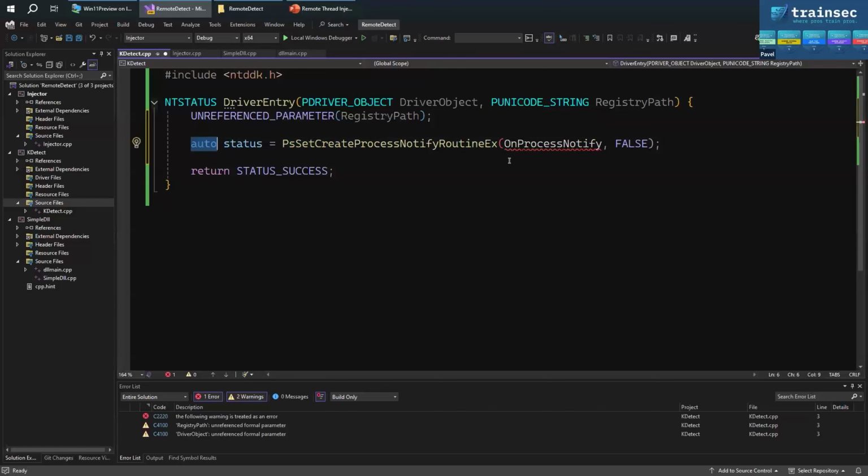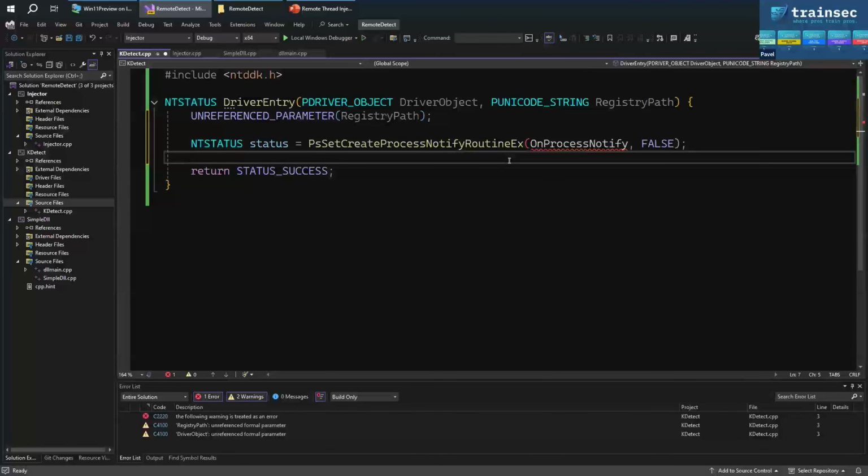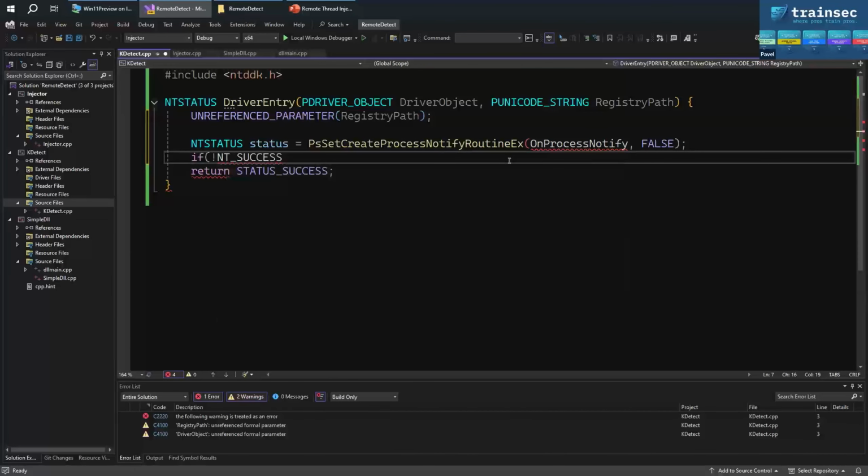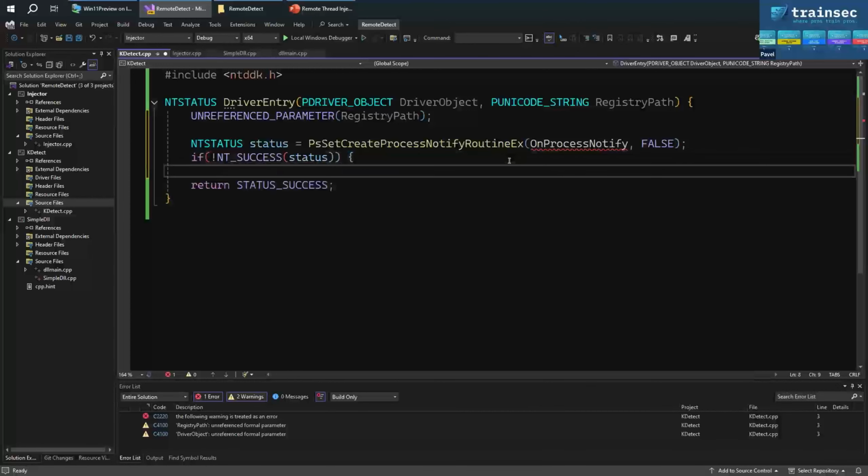The status is of type NTSTATUS, which is the normal way to report errors from kernel APIs. Generally 0 means success and negative numbers mean some kind of error. Of course I'll have to write this function properly, but if this doesn't work, there's a NT_SUCCESS macro we can utilize that just checks whether this is 0 or a negative value. If it is a negative value, there's really nothing we can do. We can just bail out and say error